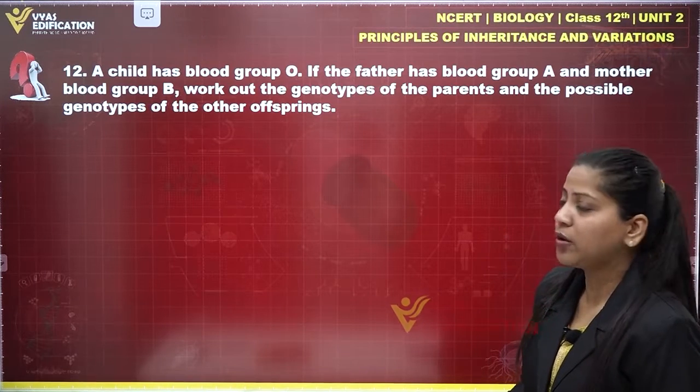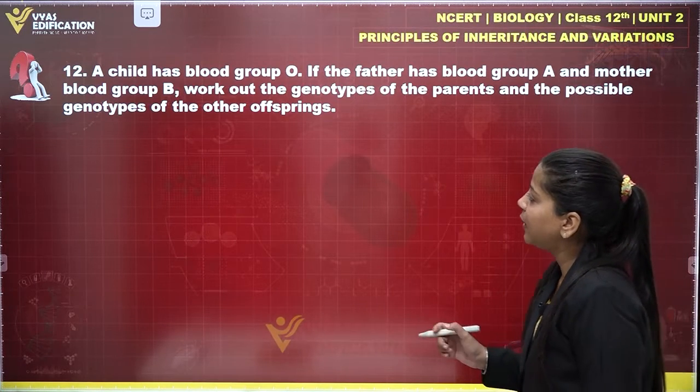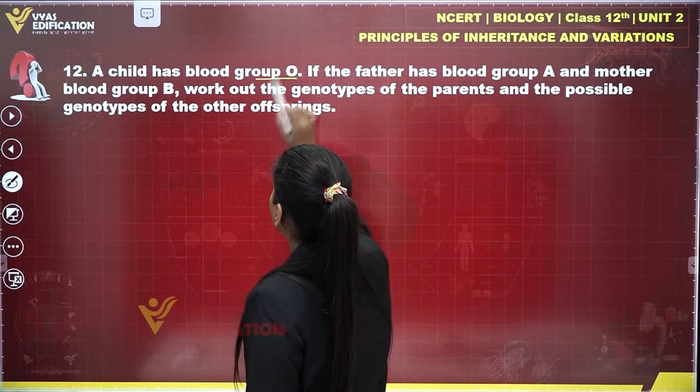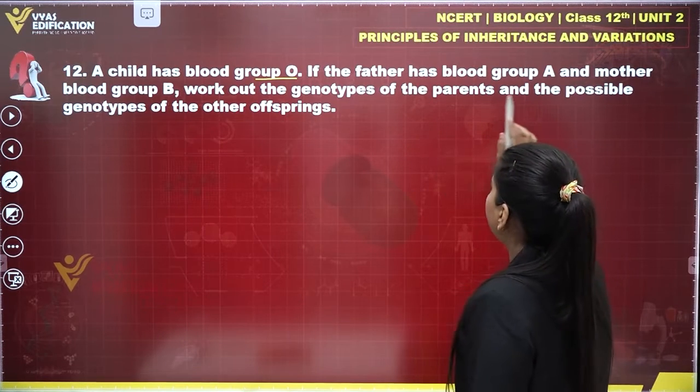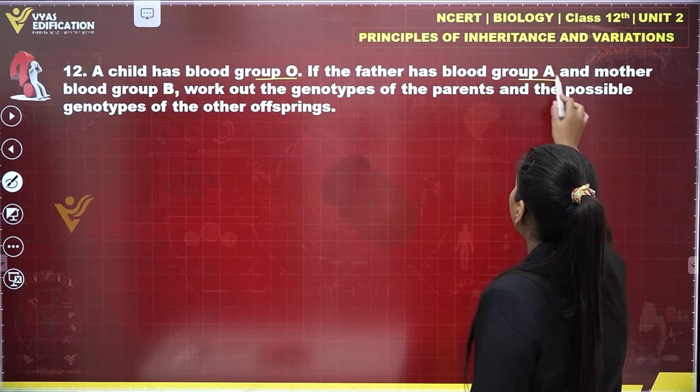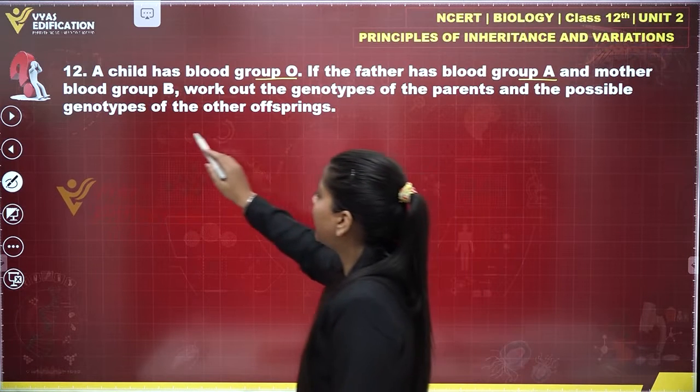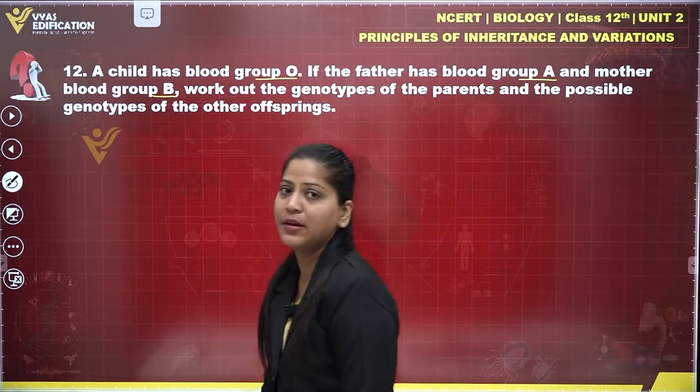Let's talk about the next question, question number 12. A child has blood group O. If the father has blood group A and the mother has blood group B,